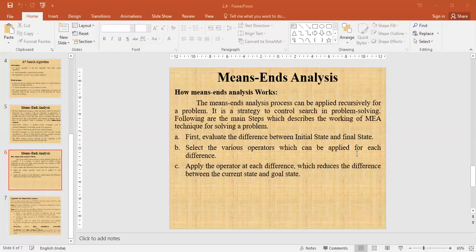First, evaluate the difference between the initial state and the final state. Select the various operators which can be applied for each difference. Apply the operator at each difference which reduces the difference between the current state and the goal state.